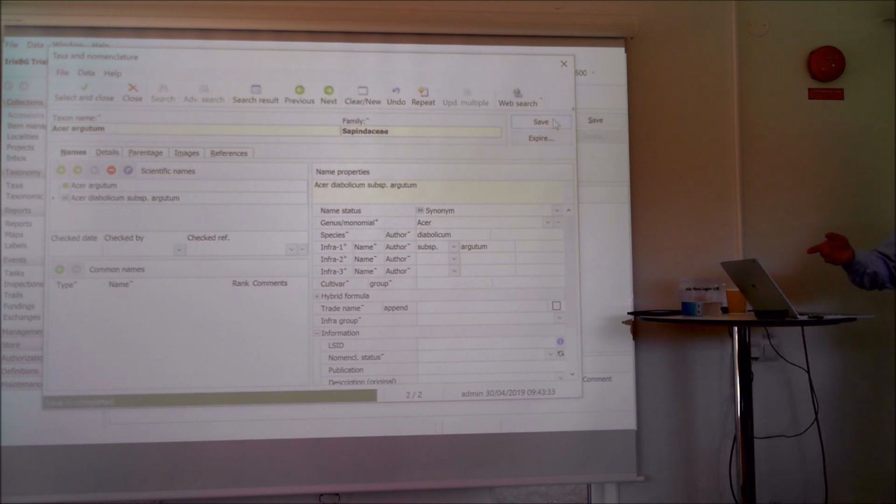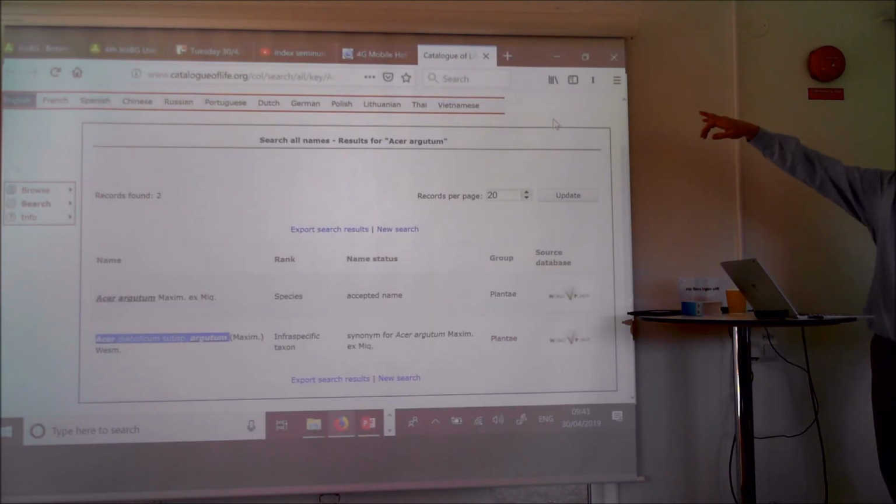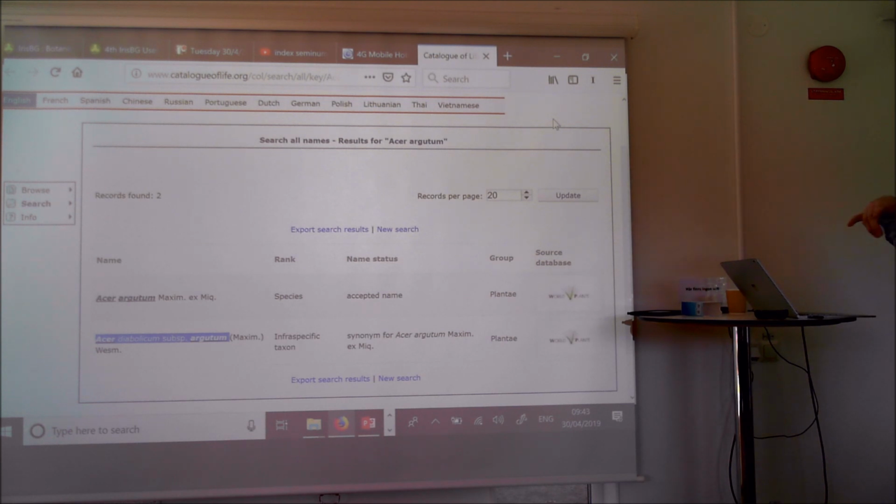So now I've added the synonym. I can also, while I'm here, I already did the web search. I used Catalog of Life, and this is another tip. Catalog of Life is one of many web resources, but what's nice here is that you get what they think is the accepted name. So now we already checked the name, and then we can go back,